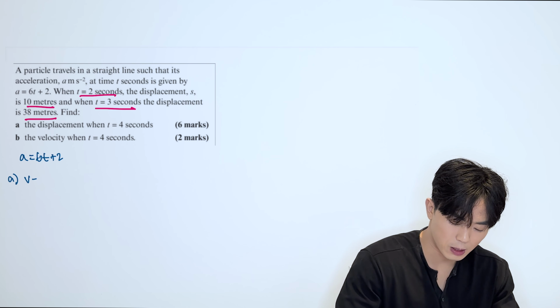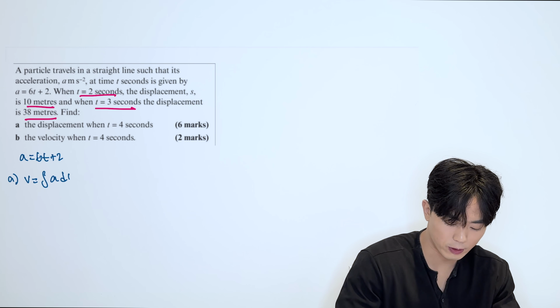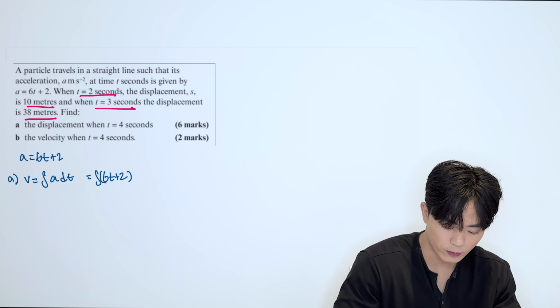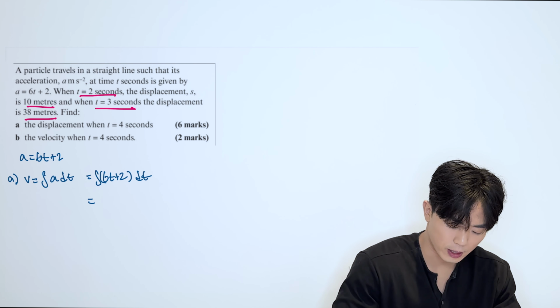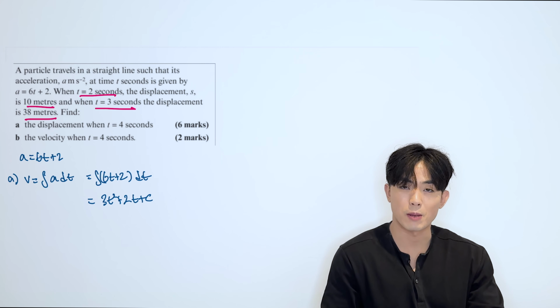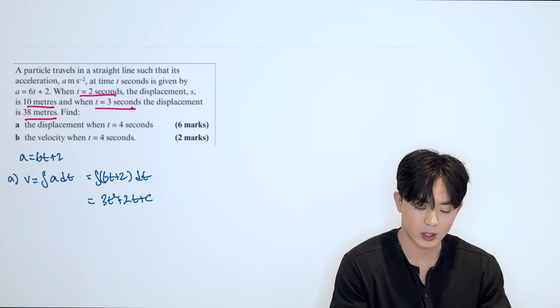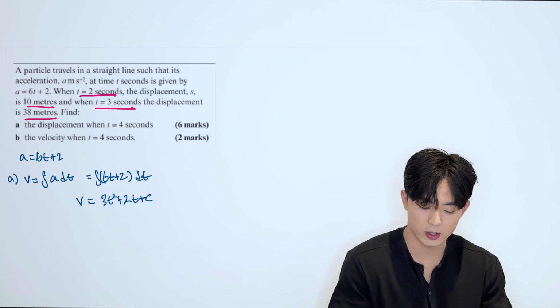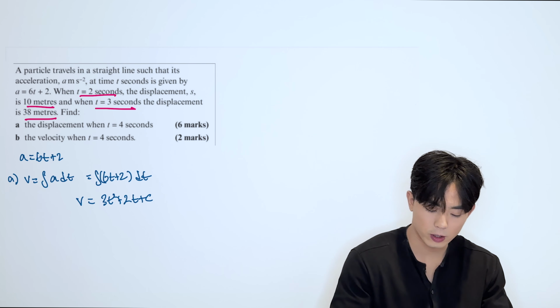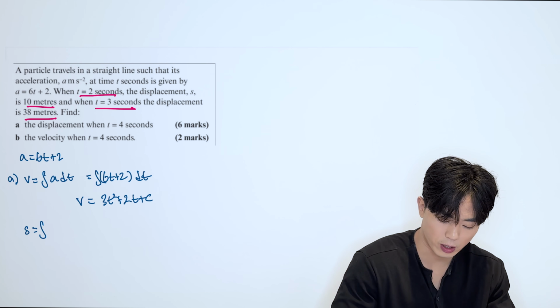So to find the displacement, we need to find the velocity first, which would be integrating the acceleration function. So we're integrating 6t plus 2 dt. So we're going to get 6t squared over 2, so 3t squared plus 2t plus c. Now we have to find the c, right? But we're not given any conditions regarding velocity, because this, remember, is the velocity function, and all these conditions are regarding displacement. So in order to do that, I'm going to have to find the displacement function first, which means